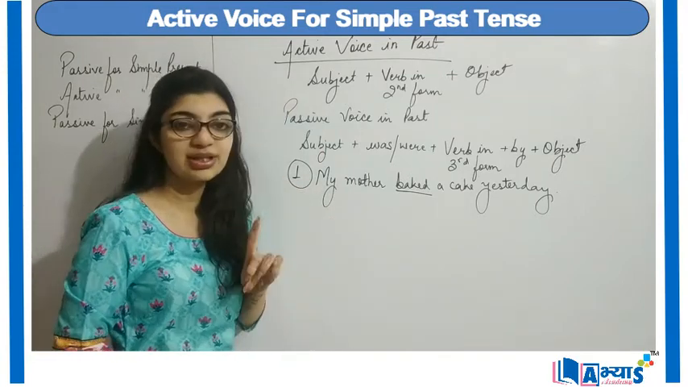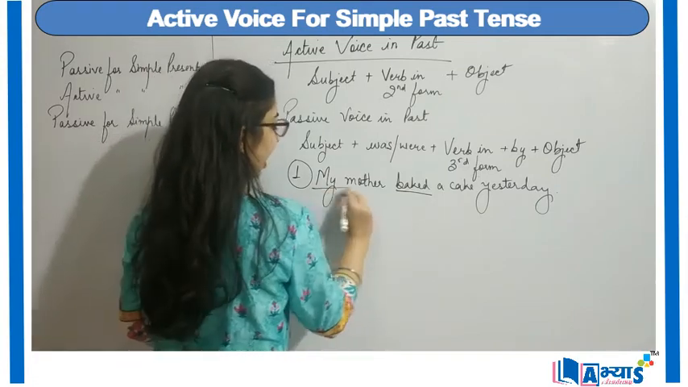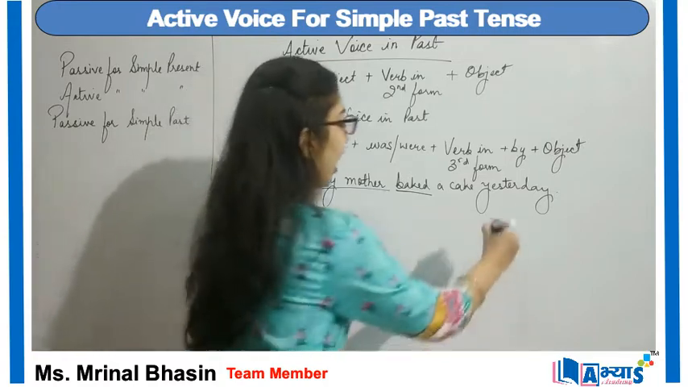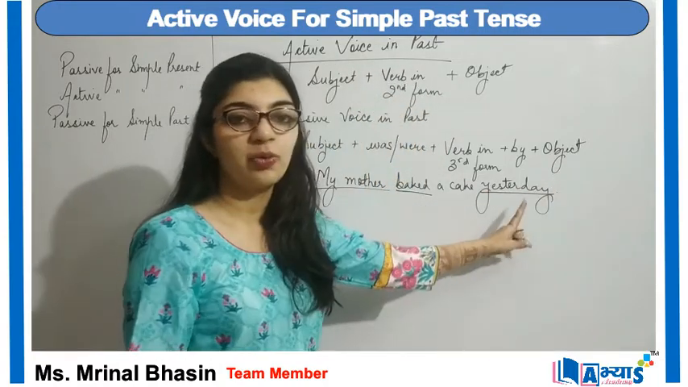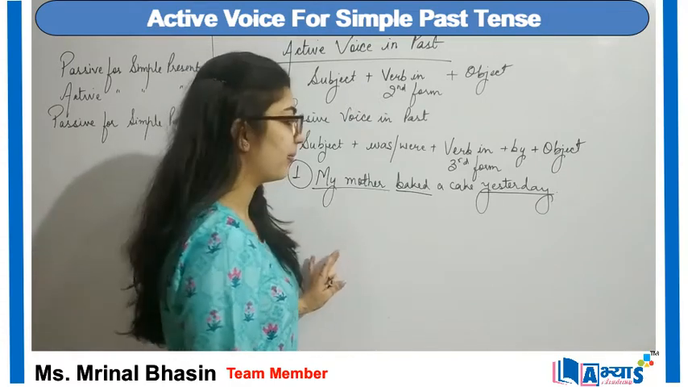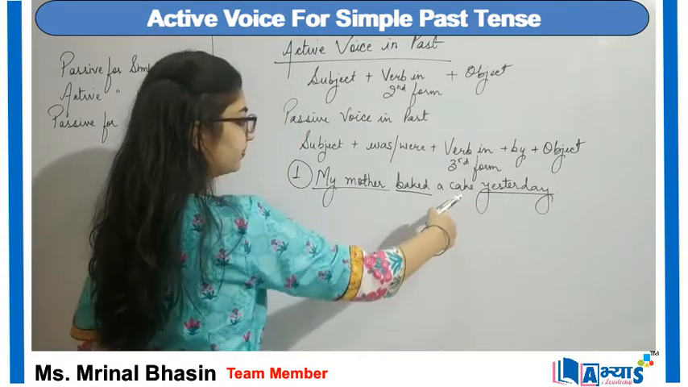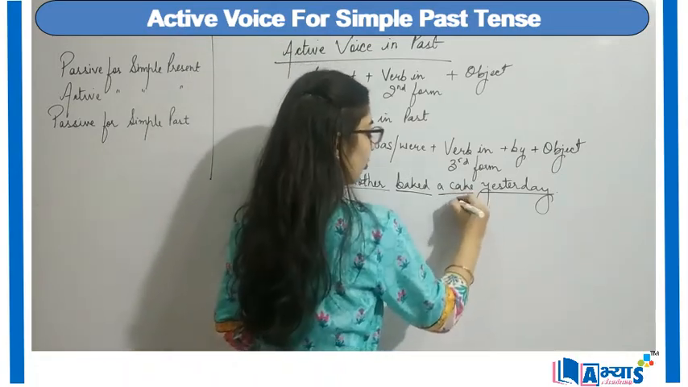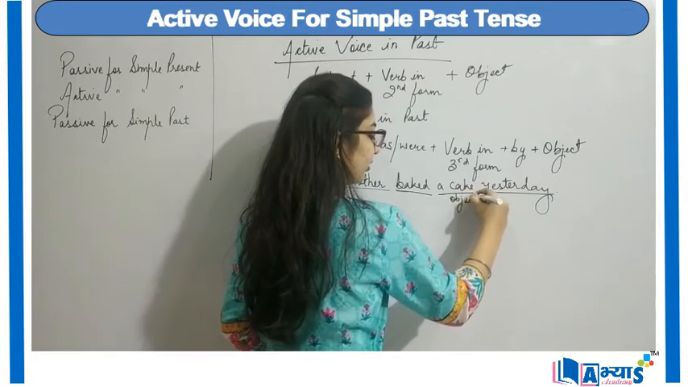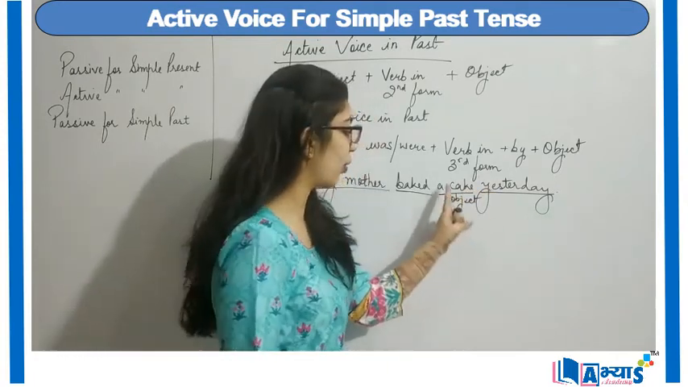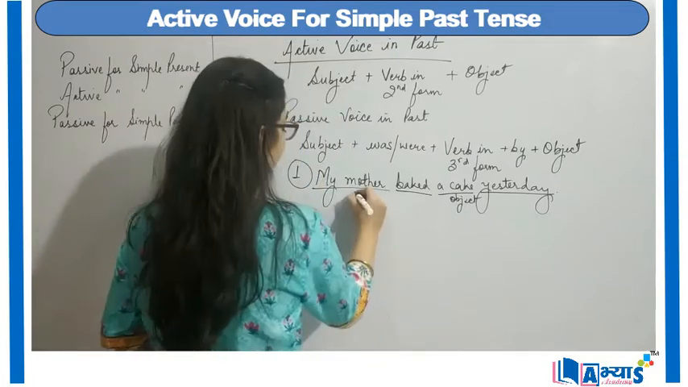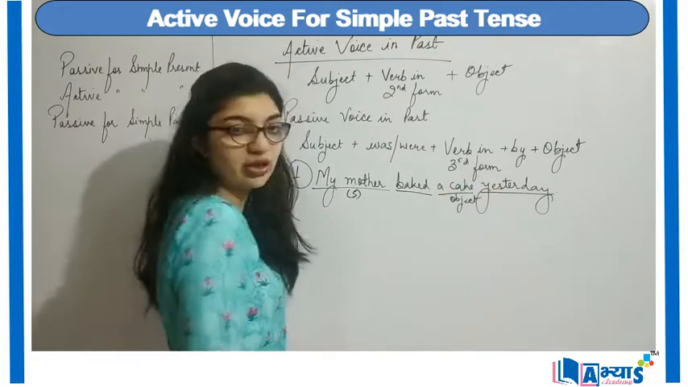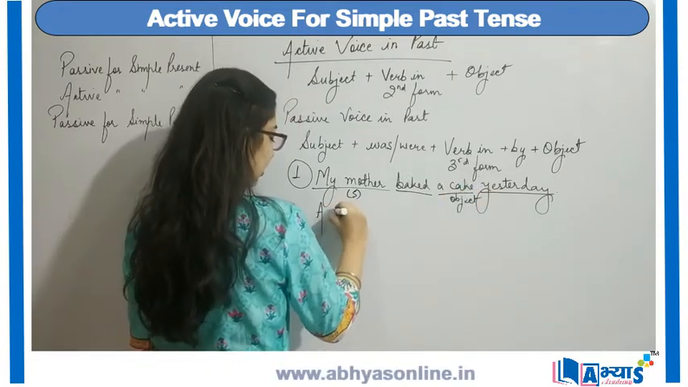So for that, first general rule is that my subject over here will become the object for passive and the object over here will become the subject for passive. Now yesterday, but I will not start with yesterday. My object over here is cake. Yesterday is not my object. My object over here is cake and my subject over here is my mother. So when I start with the object, I will say a cake,